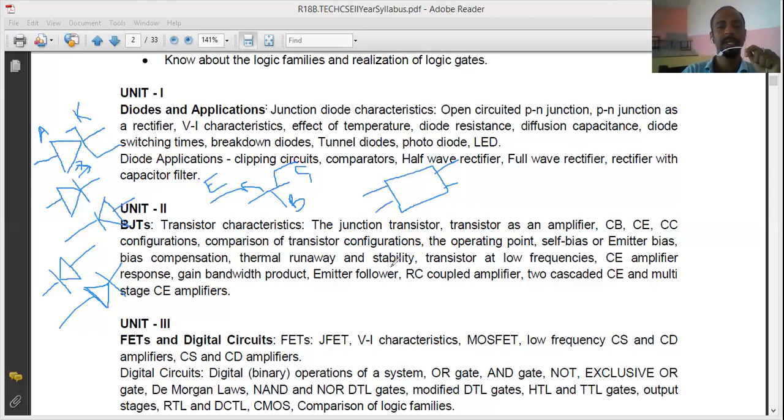So that being the introduction to the transistor and different configurations. Of course, one of the major applications of this transistor is as an amplifier. As the name says, it does some amplification. That means if I give some low signal, it increases its strength and gives it as a high signal. So that is the work of an amplifier. So you will study how the transistor can be made to work as an amplifier.